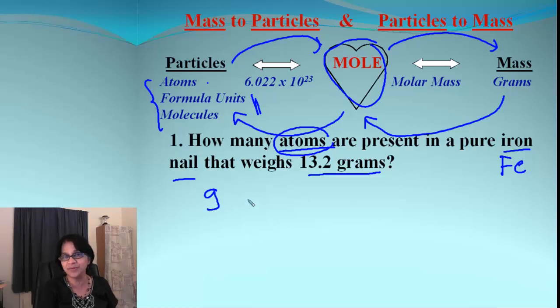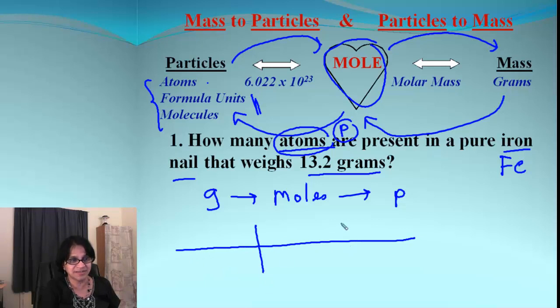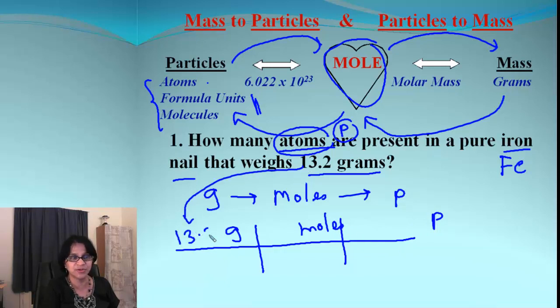So we are beginning from grams for our journey, and our end point needs to be atoms or particles. We cannot go from mass in grams to particles directly. Our roadmap tells you go from mass or grams to moles, and from moles you're going to go to particles. How do we write that in our mathematical formula or grid? Whatever we get in the roadmap, all of that goes on the top of the grid. Given always goes as the beginning number, which is 13.2.